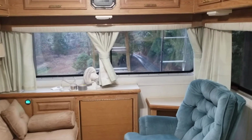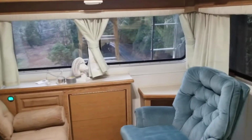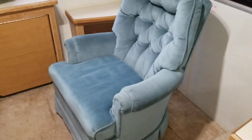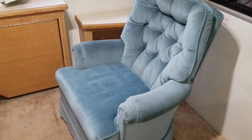Gibbs is fine wherever. He'll come in when it's cold and sleep on the linoleum floor, and if I tell him to stay, he won't budge until I tell him to move. He's just a great dog. But I think I'm going to lose my chair, and gosh, I really need this chair. But